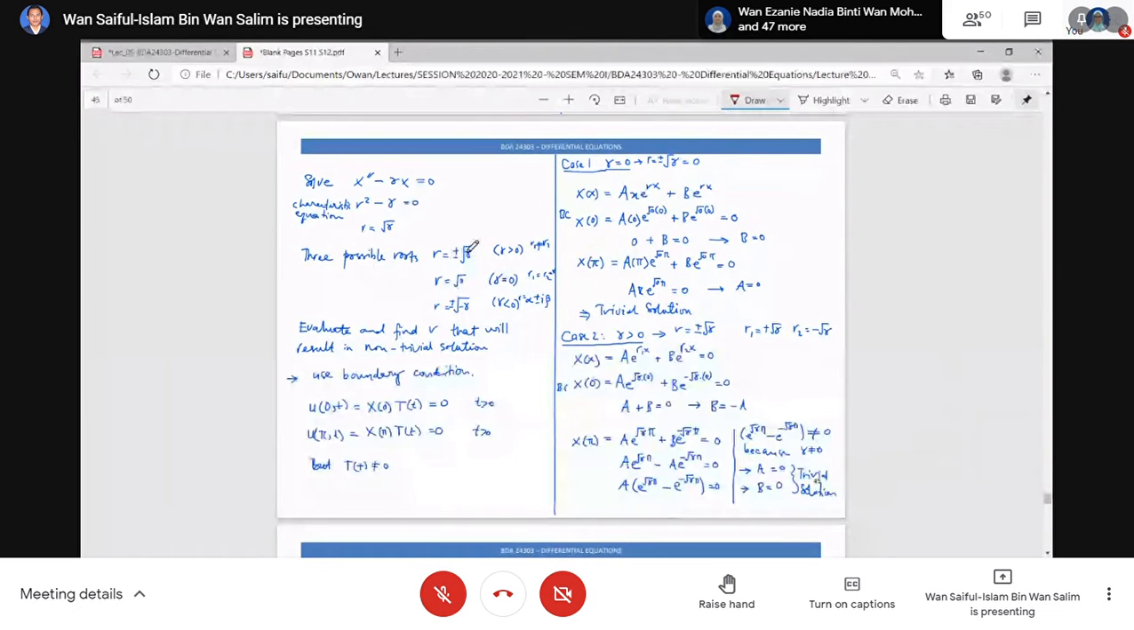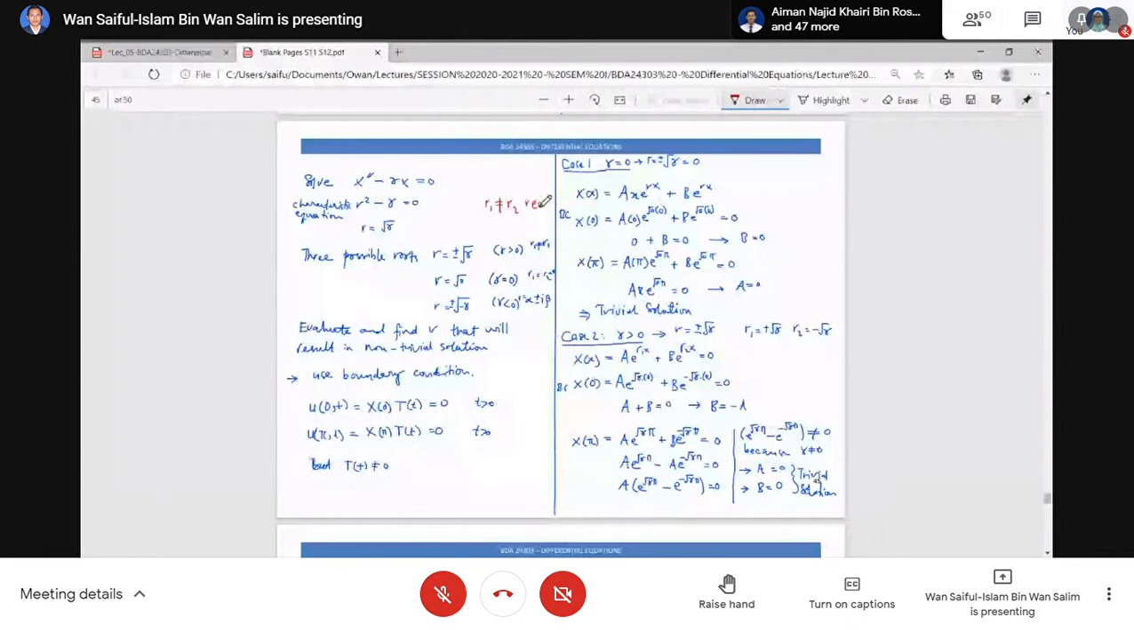So if you have this a positive number, then you have two roots which are different from each other. R1 dia tak sama dengan R2 for this case, and they are real numbers, kan? Okay, that is if this is positive number. Okay, and then secondly there is a